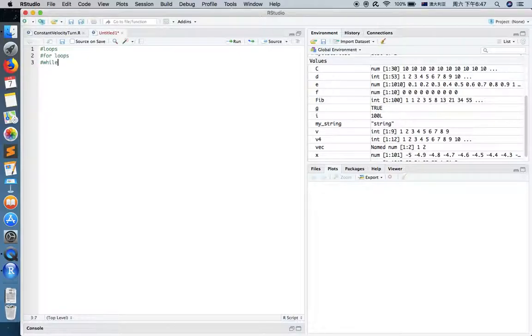But it's worth knowing that sometimes you are creating an invisible loop within some other functions. For example, apply, or let's use parLapply, which is the parallel version of apply functions, and you could write loops inside a function,